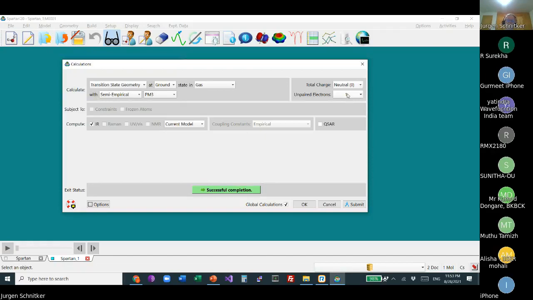Charge and number of unpaired electrons have to be consistent. You cannot have something for which you cannot draw a correct Lewis structure. I mean, then it will complain because it's impossible. But otherwise, everything else is an output. Okay, so